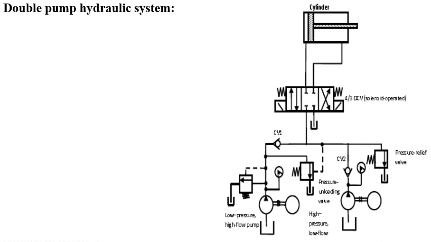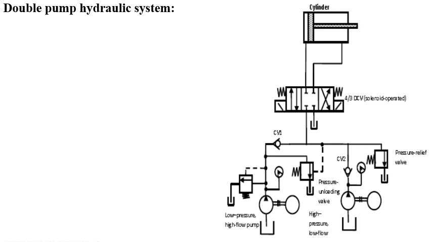Next circuit is the double pump hydraulic system. Look at the circuit for the double pump hydraulic system. Why do we make use of a double pump in a circuit? It is a circuit that uses a high pressure low flow pump in conjunction with a low pressure high flow pump. A typical application is a sheet metal punch press in which the hydraulic cylinder must extend rapidly.